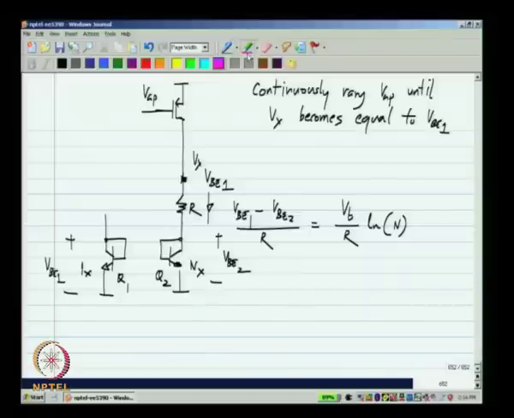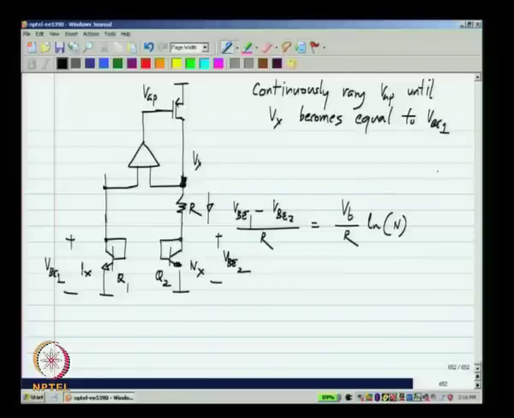And how do we do this? We compare Vx with VBE1, and if Vx is different from VBE1 we have to adjust VGP. Okay. So, we integrate the difference between the two, say using an op amp, and drive VGP. Okay. And we have to do it until Vx becomes equal to VBE1, and we have to adjust the signs of this op amp so that the circuit is in negative feedback. Okay. So, with this arrangement that is possible, we have done this for many things.